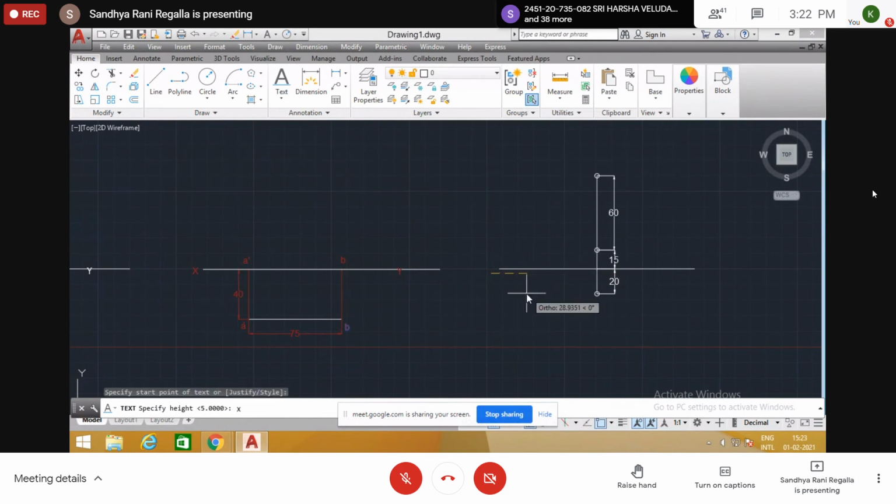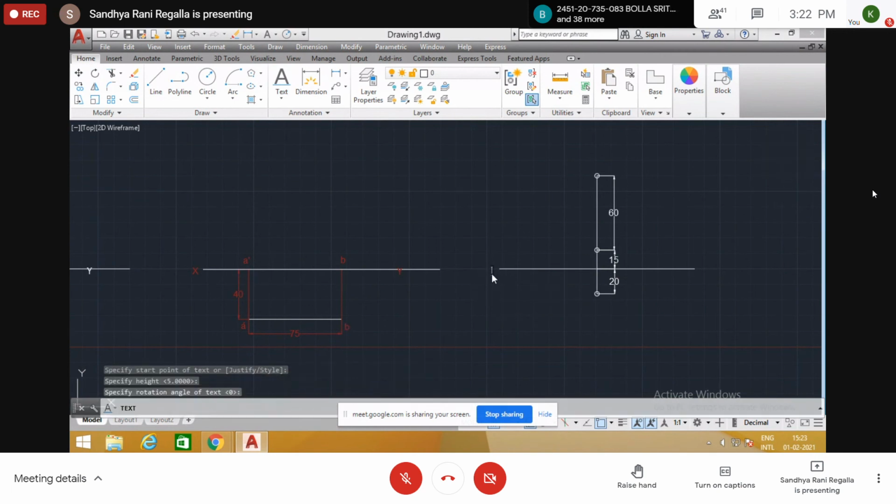X, Y. This is A dash B dash. Which point is this?